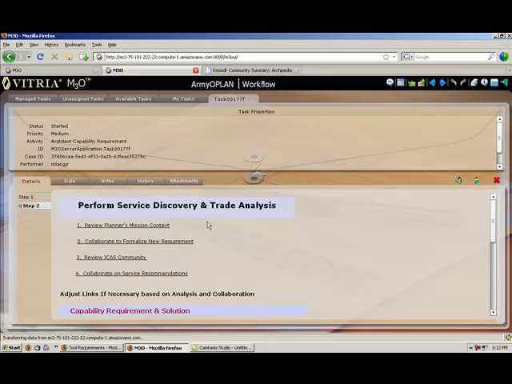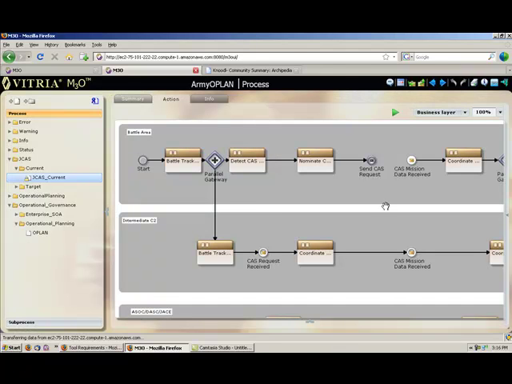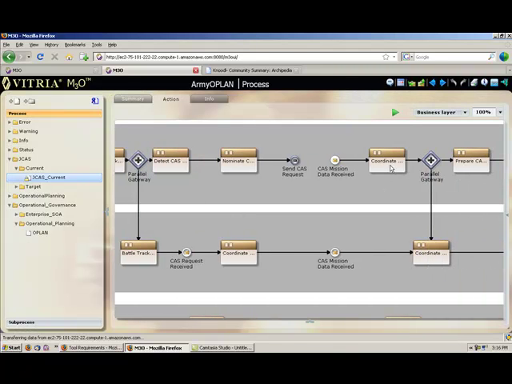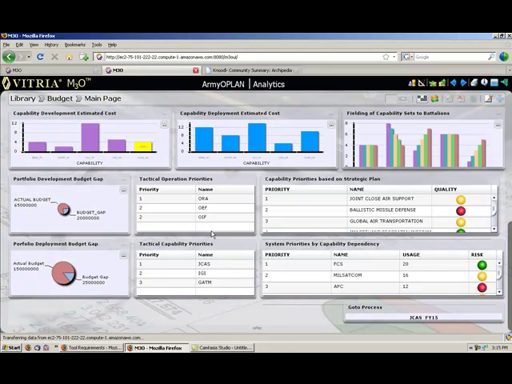And then in step 2, he's going to be given some links to some other places in M3O. The first of which will be the process modeling tool, in which he will collaborate with the operational planner to formalize the requirements in the form of a business process model. And once they've finished doing this, they will go to the analytics portion of M3O,